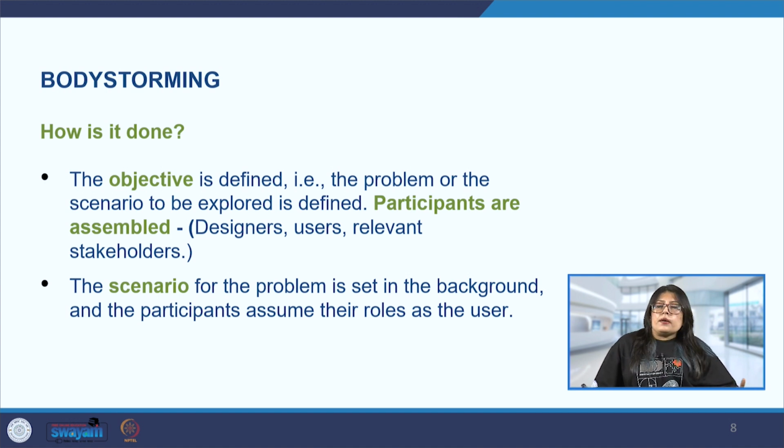So first is maybe somebody who's an office goer and who's in a rush, who wants to quickly check in and take a flight. The next may be an elderly person, somebody old. A third could be somebody in a wheelchair. So, in all these three different scenarios, now one of the participants will act like the first office-going person,